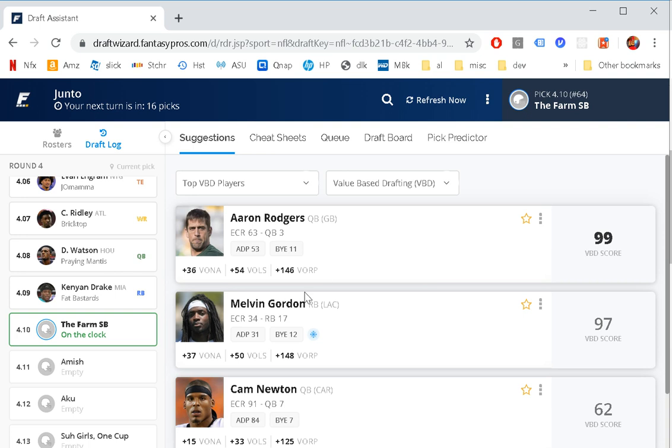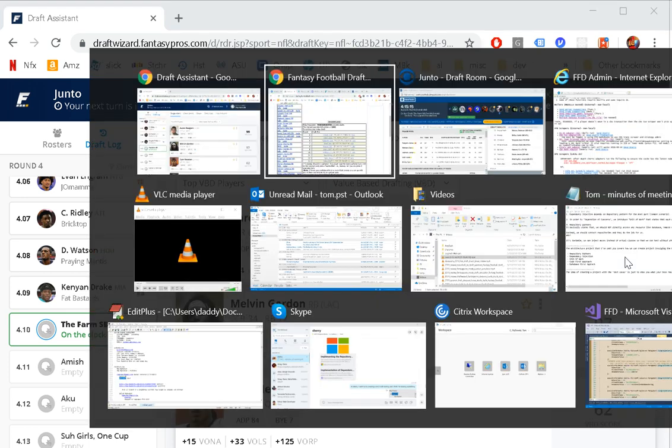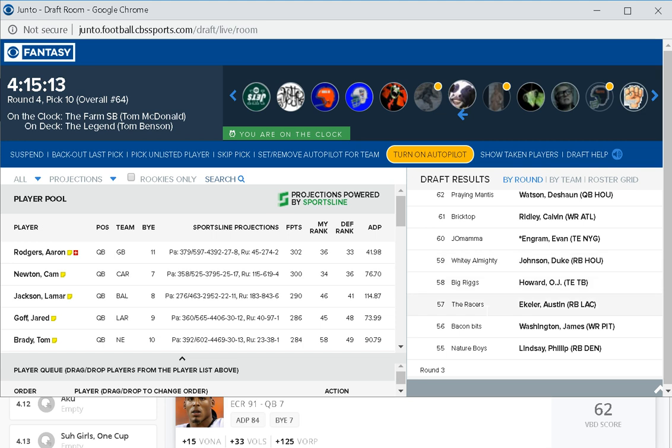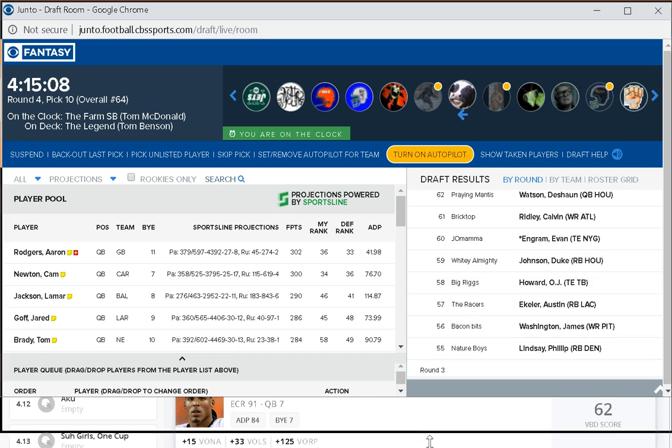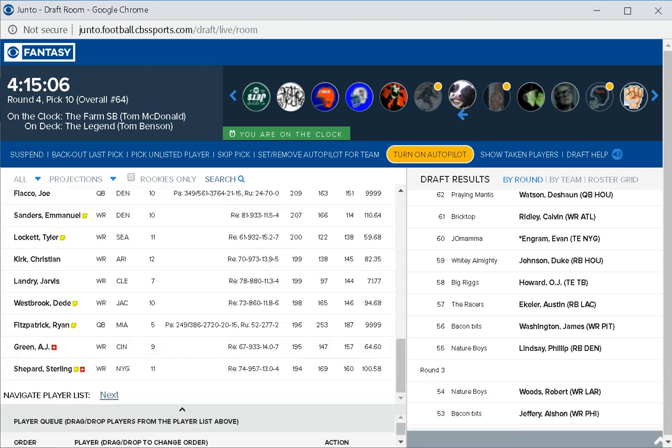In any event, I've been pretty happy with the draft wizard from Fantasy Pros. It's been okay. It's using VBD score. It's lived up to the review that I gave it prior to the draft a week or two ago. The problem, though, is with the draft room at CBS Sports. So let's just take a look at that. So here I am in the draft room, and I had praised this tool because it was VBD